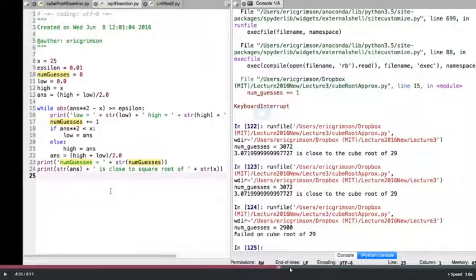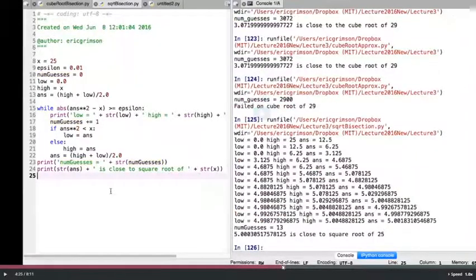The output is... yeah. So in my case it's stopping, but my answer is always high low divided by 2.